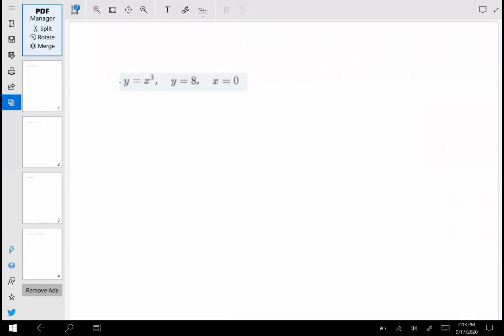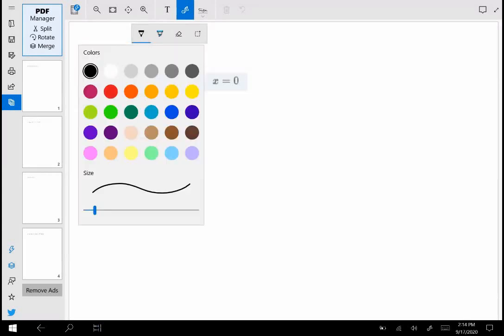So we've got y equals x cubed, y equals 8, and x equals 0. The x equals 0 is the axis of revolution. So we want the region that's bound by y equals x cubed and y equals 8 revolving around the y-axis. So x equals 0. Okay, so if we give this a shot,